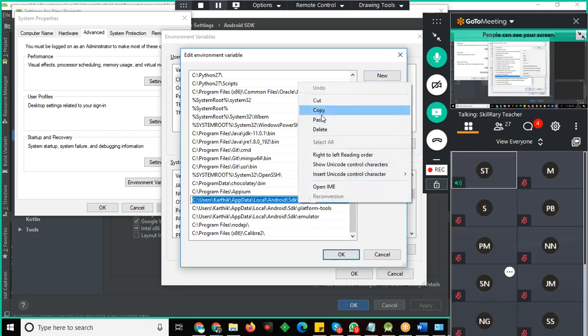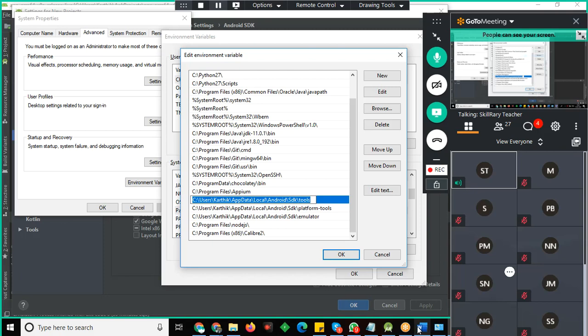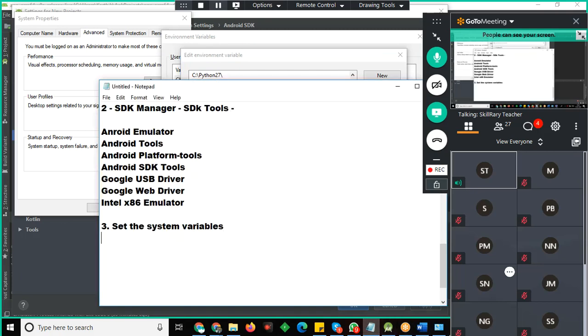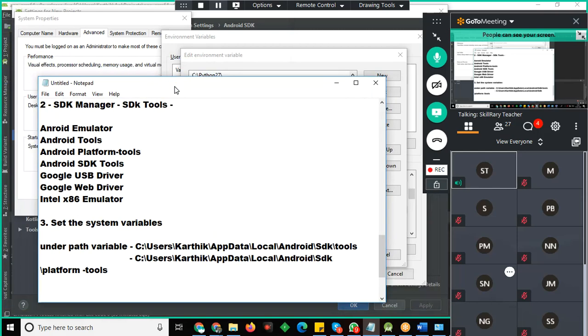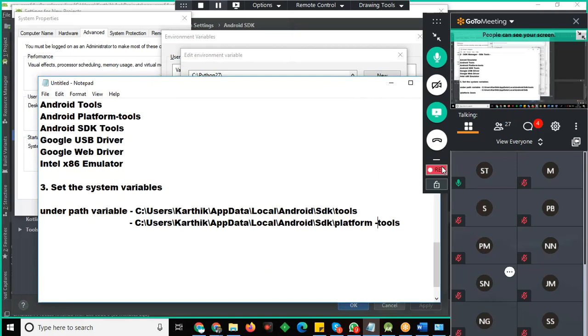So under the Path variable, you have to configure this, platform-tools.